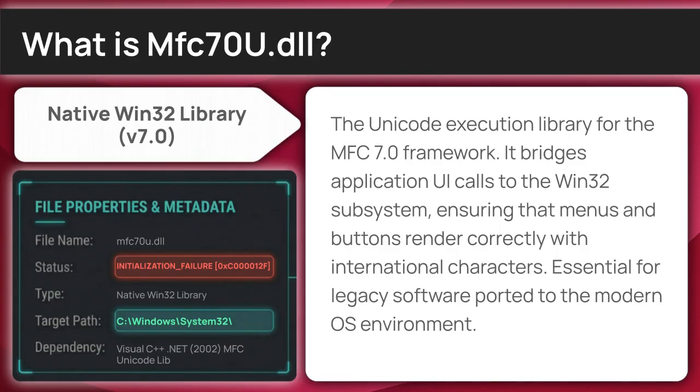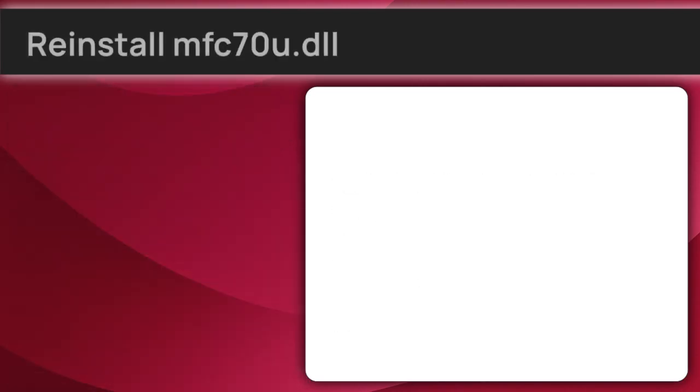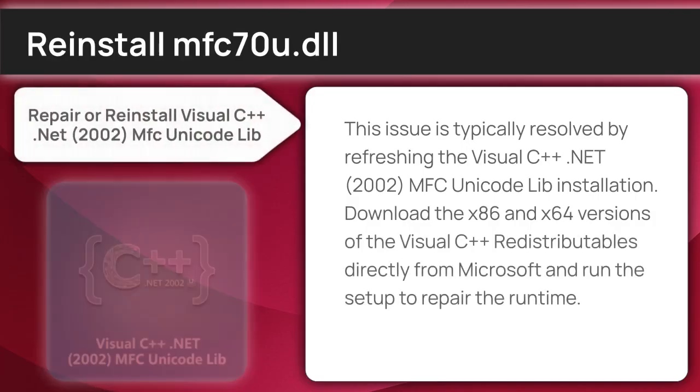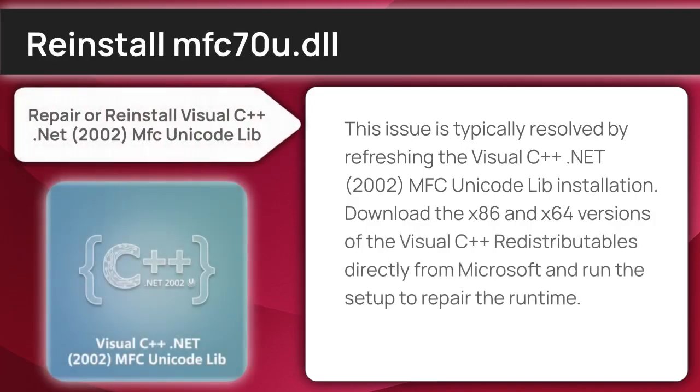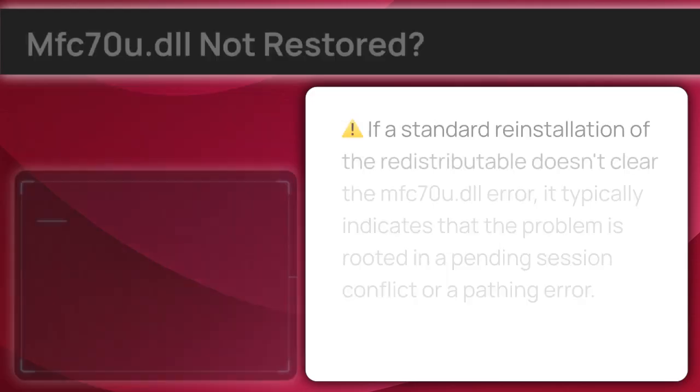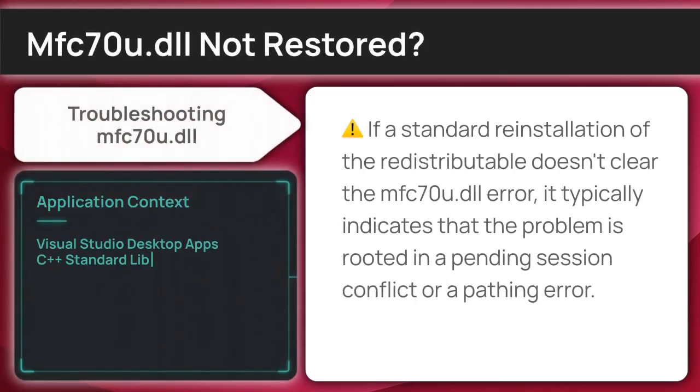Now that you know how the file works, let's focus on the how and fix the issue. This issue is typically resolved by refreshing the Visual C++.NET 2002 MFC Unicode Lib installation. Download the x86 and x64 versions of the Visual C++ redistributables directly from Microsoft and run the setup to repair the runtime. When a standard software refresh isn't enough, we need to bypass the automated installers and look at manual